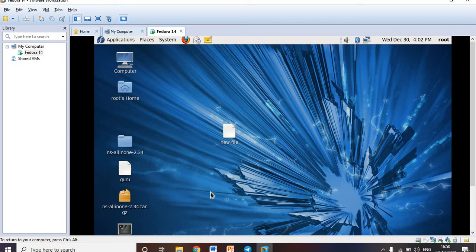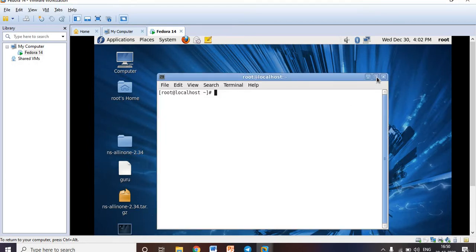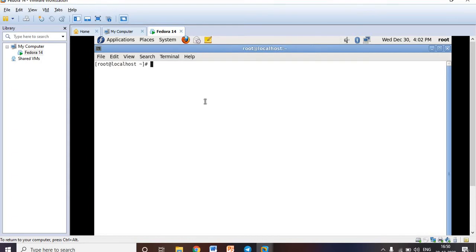I'm going to open the terminal now. First I want to change the directory. First I want to go to desktop. To change the directory we can use the cd command. To come out from the folder we can use cd space dot dot.